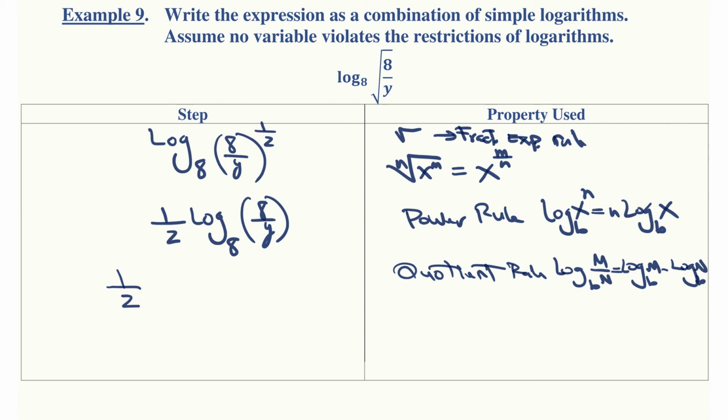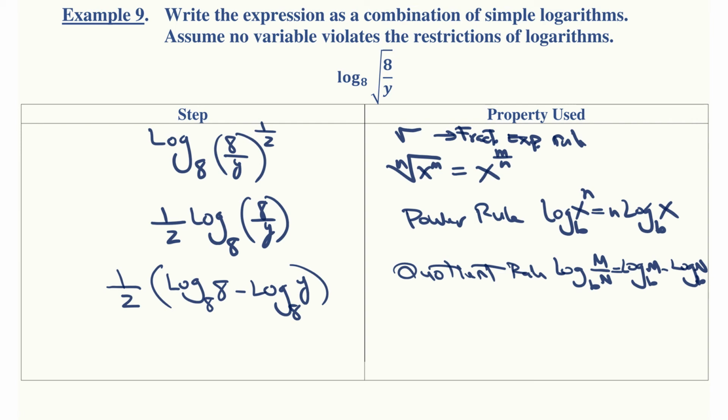So here we will get, in parentheses, log base 8 of 8 minus log base 8 of y. We need the parentheses because the 1/2 needs to get distributed into the group. Okay, so make sure that you do use parentheses there,